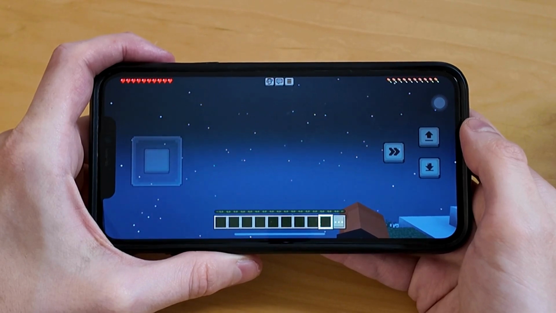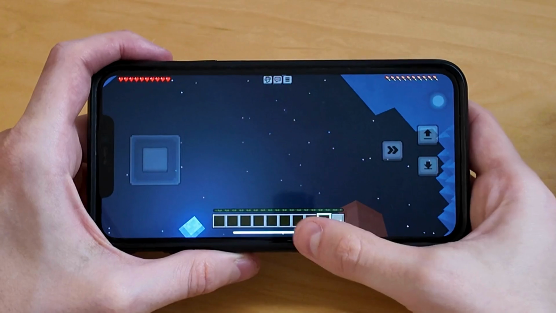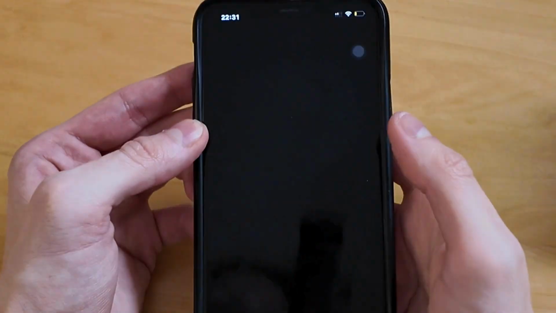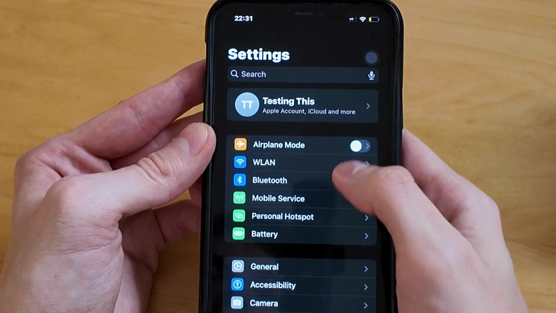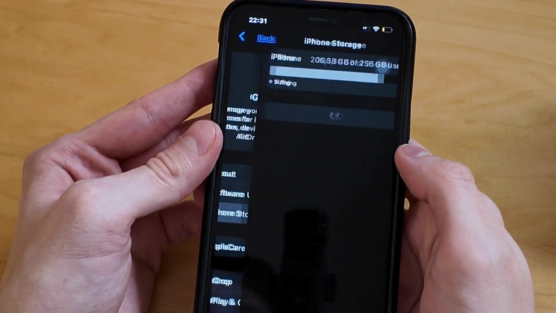This is exactly how I was able to fix the Minecraft Mobile "an error occurred" problem. So basically what I had to do is close the Minecraft app, and instead I went to the Settings app on my phone here, as you can see. And then I just scrolled down, and then I clicked on General here, and then I clicked on Storage here,